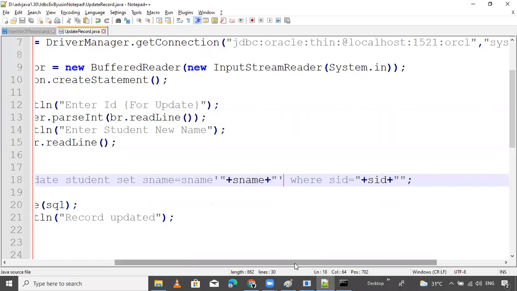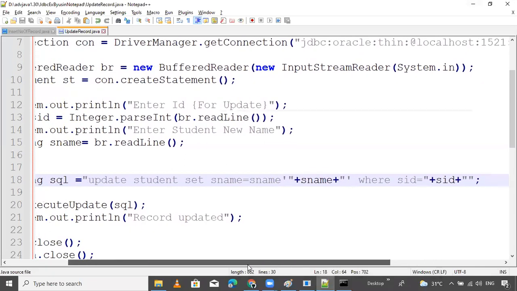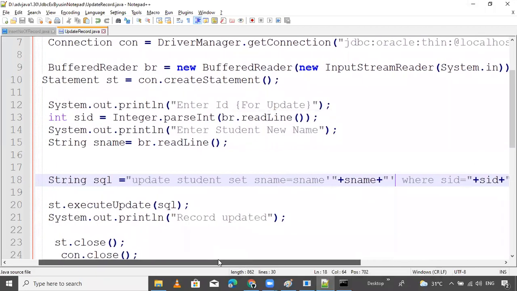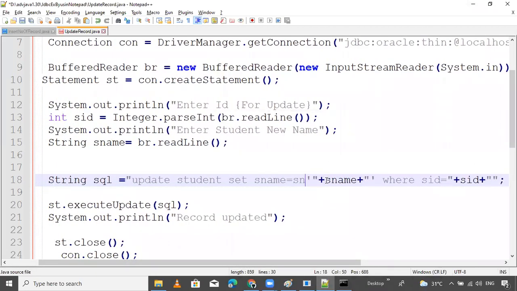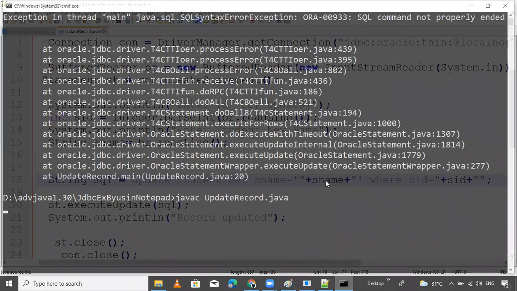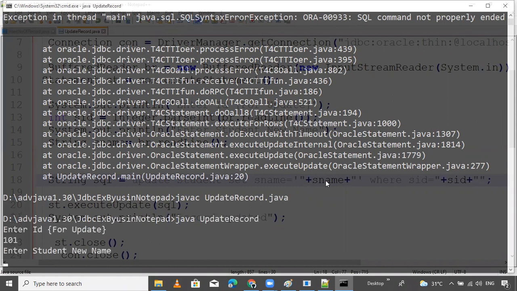Why is it not ended properly? I think we should provide it differently. Update record, compile, record. ID one, student name like SBP.